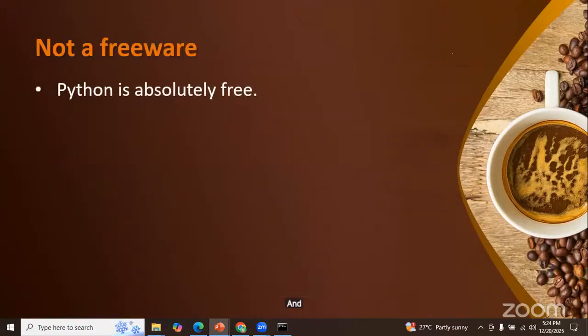And one more very important point is this is not free software. Of course, what I showed you just now, download and install, that is free software, that is a free version. But suppose if you have